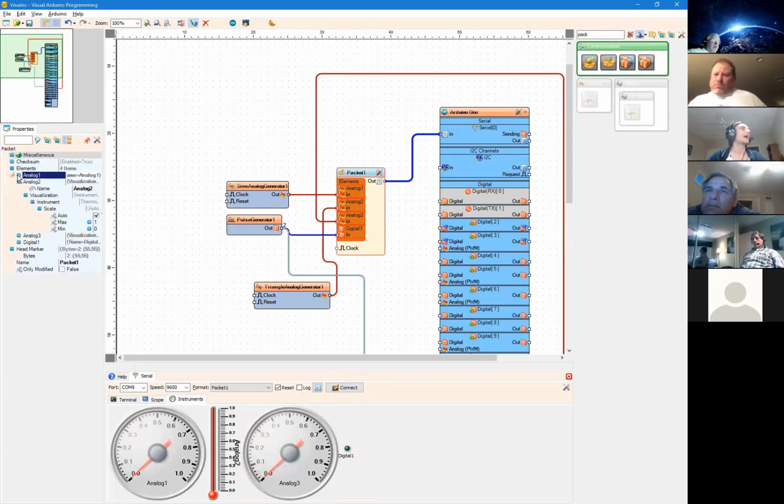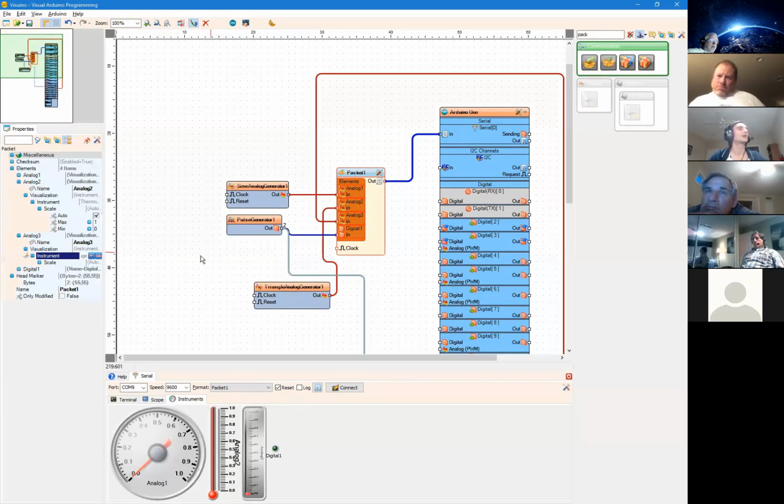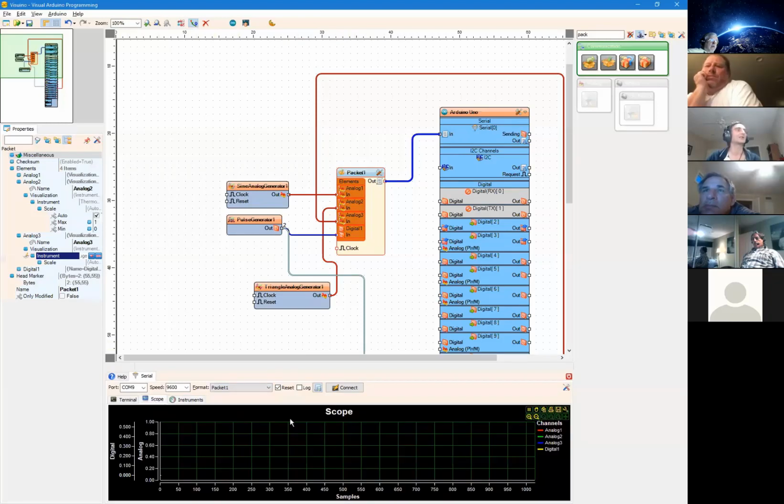And for analog 3, yeah, okay, analog 3 is good. Analog 3, I will select to be a linear gauge, why not? Okay, so I have 3 different gauges and an LED. I customize them in the properties for the packet component. So now if I connect,